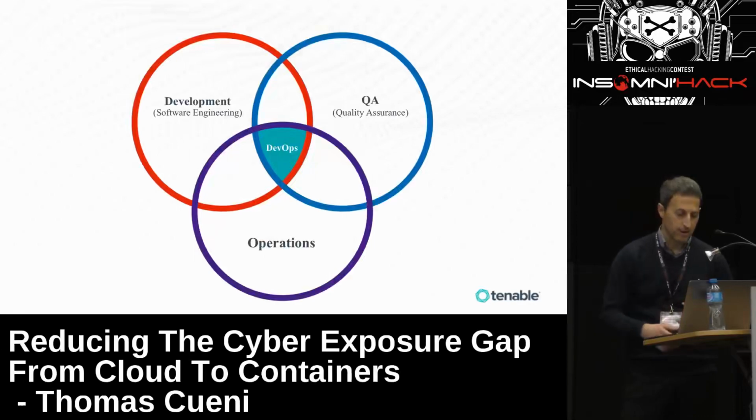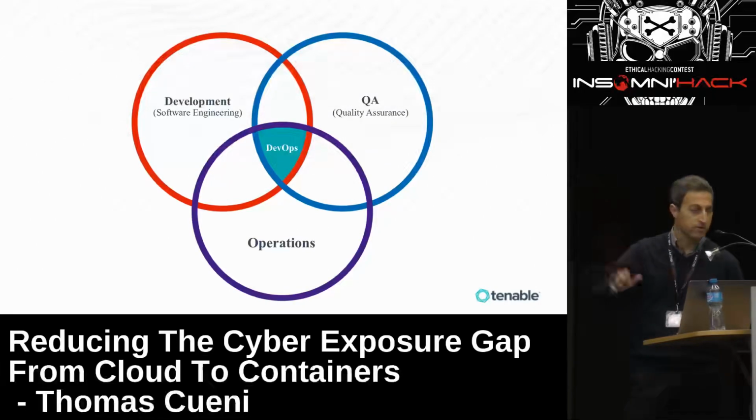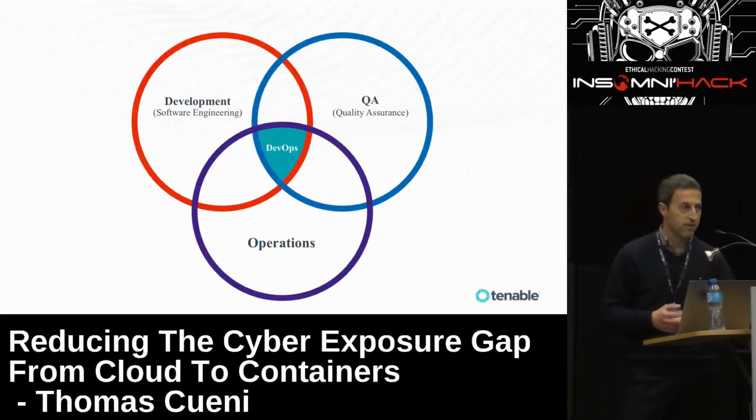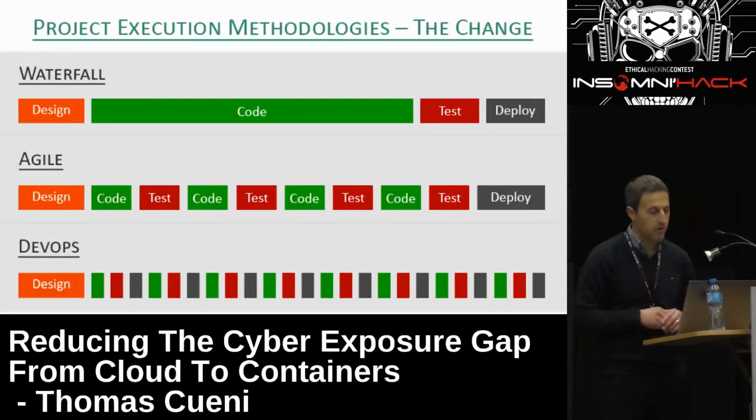DevOps is more like bringing down the barriers between these three areas: development, quality assurance, operations, to put the right tools in place, such that the interaction between those three areas is really smooth and has no boundaries. And it's also about putting the right processes in place. So if you look at it from another way,